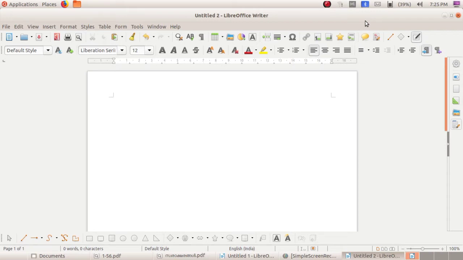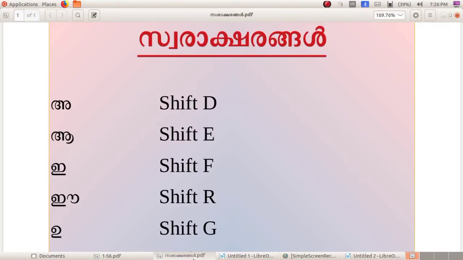Yes, in the top panel of our computer screen. Now we can type the Malayalam letters. See, the letters are displayed in Malayalam. In this session we can study Swaraksharangal, how to type Swaraksharangal.